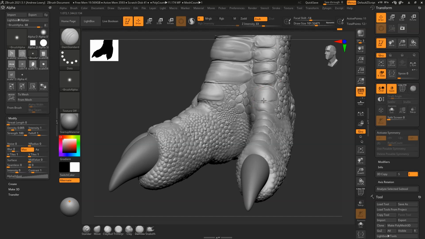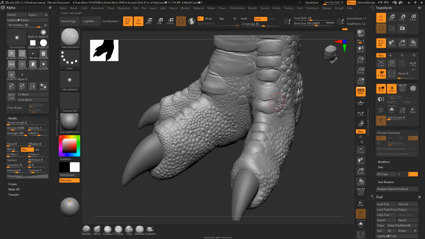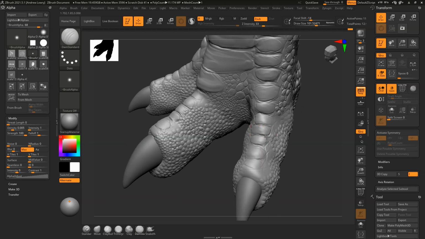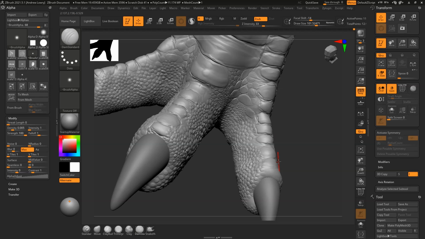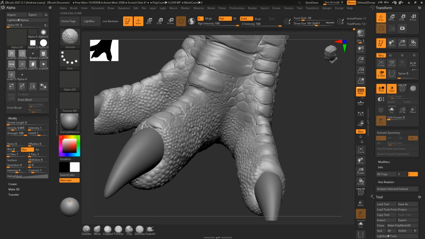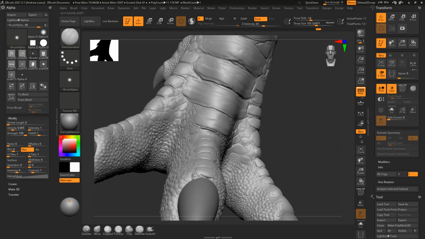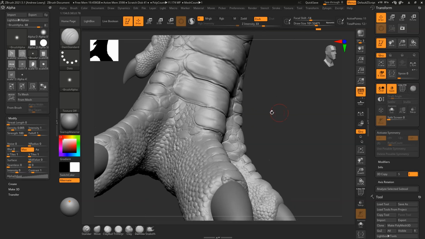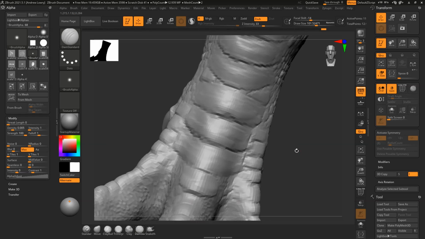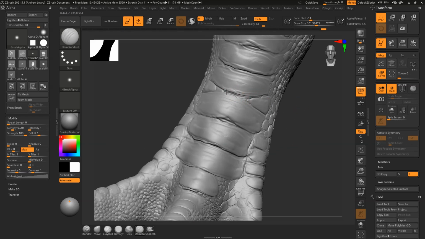If you feel like you want to have more influence with the scales, you could put all these scales onto separate layers inside of ZBrush when you're sculpting, and then duplicate them to emphasize them more and to make the scales bigger in depth, so they're not so flat, and you have a bit more control of how big the scales are if you use